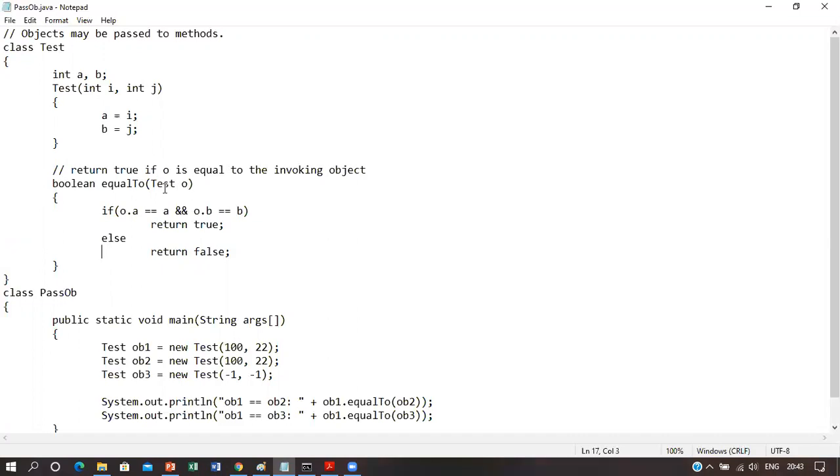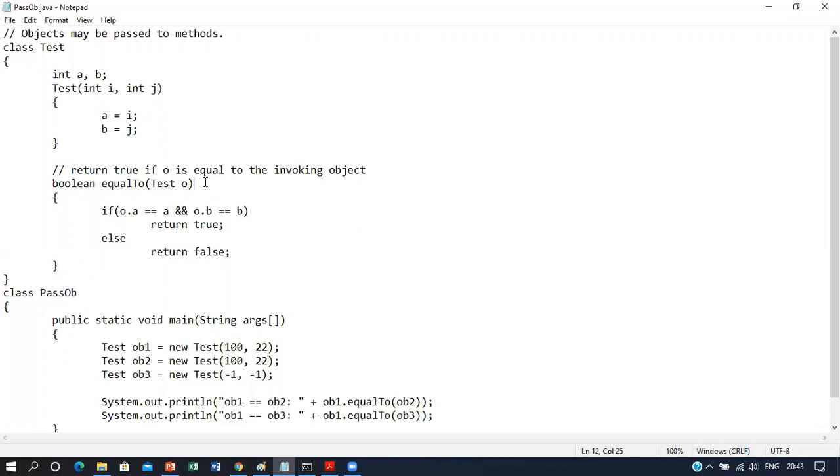And inside this method we can see that a parameter has been taken. This o is the parameter name, and this Test is the data type of the parameter. This is like defining a reference variable. You all know how to define a reference variable. Reference variables are those which can hold an object of a particular class.